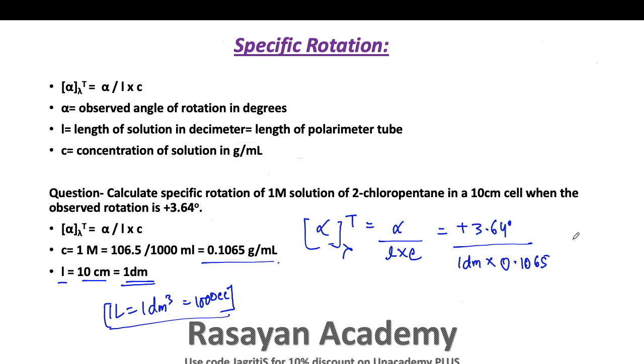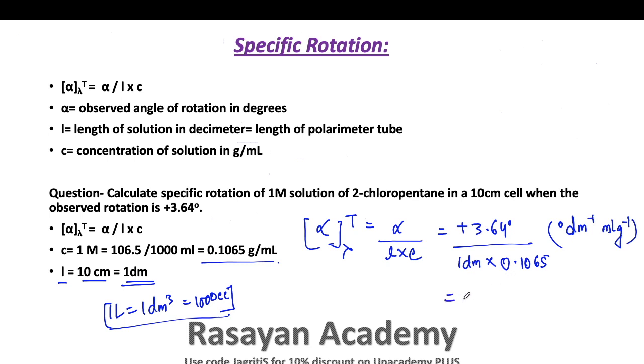So what is the overall unit of the specific rotation? As you can see, the optical rotation will be in degree. So this is degree decimeter inverse ml per gram inverse. This is going to be your overall unit for the specific rotation. All right, and it's not necessary for you to remember the unit, because you can directly find this out. It's not very difficult. Okay,